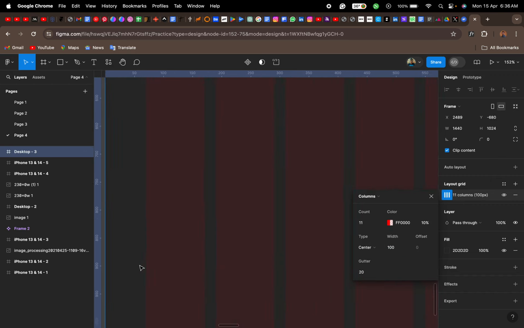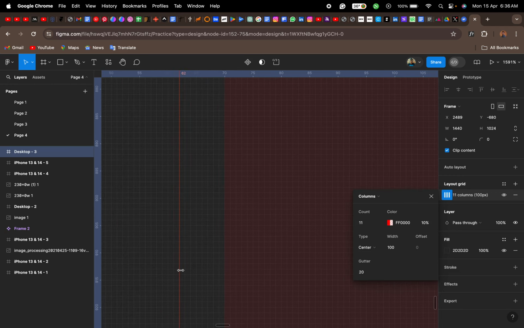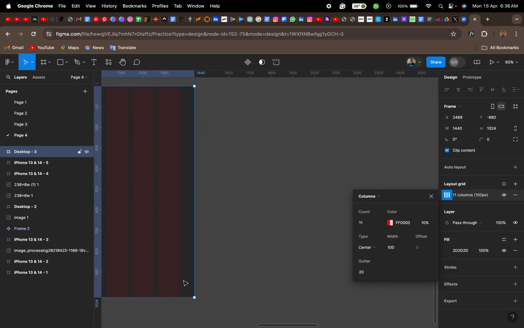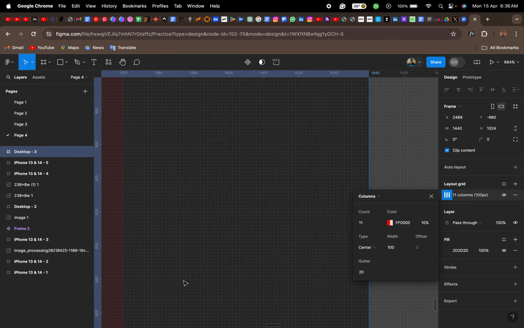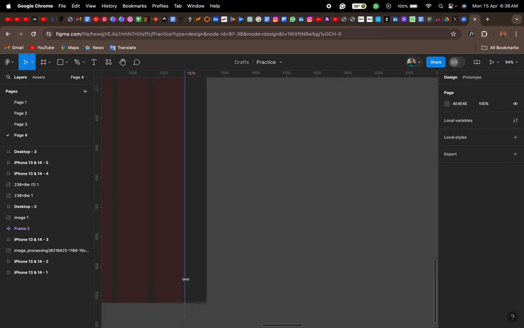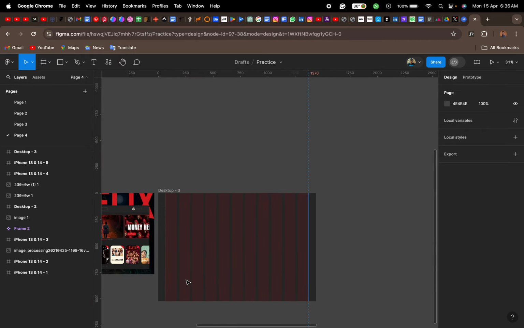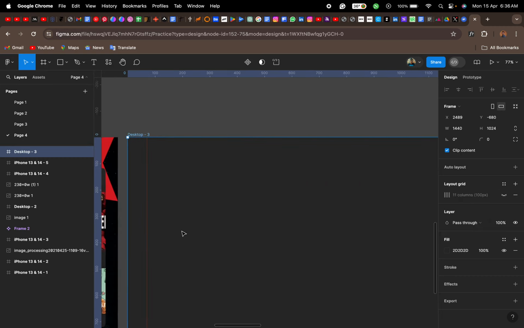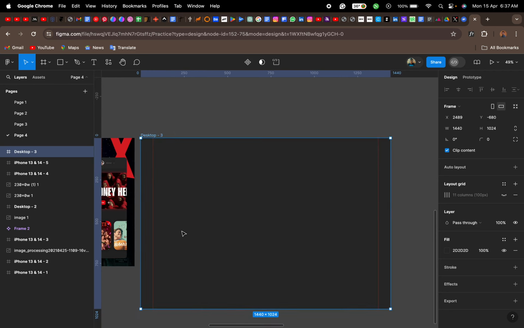Then I zoom in, we have this. Just adjust this. So we have something like this. I'll turn off the column. So the next thing we do is,